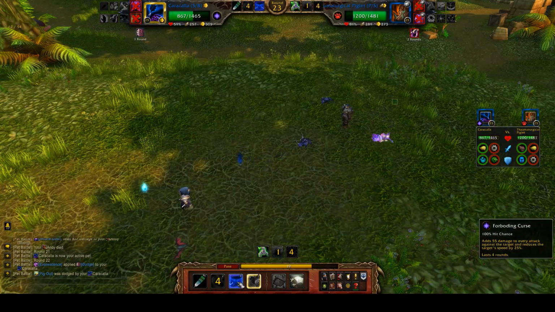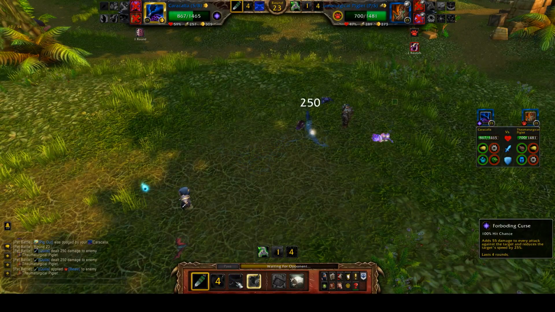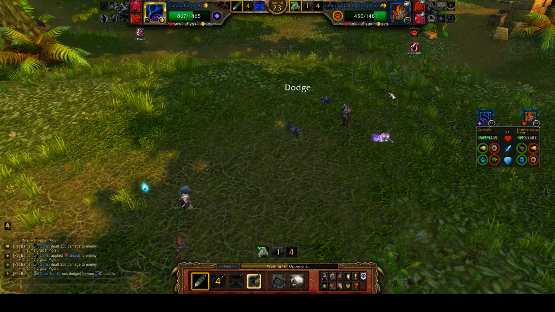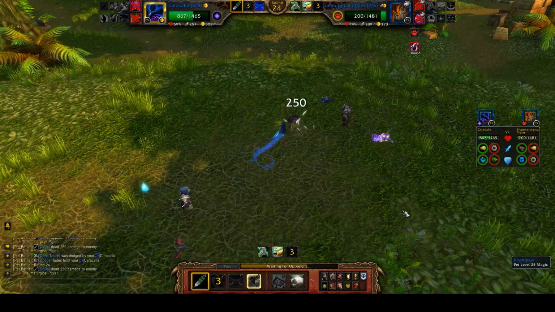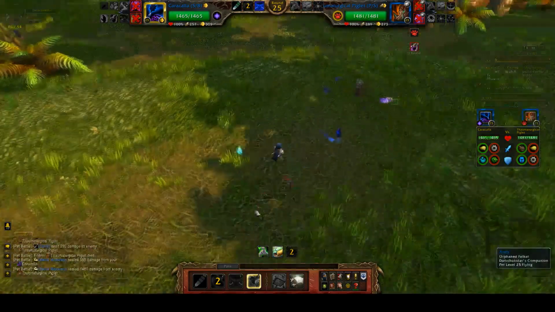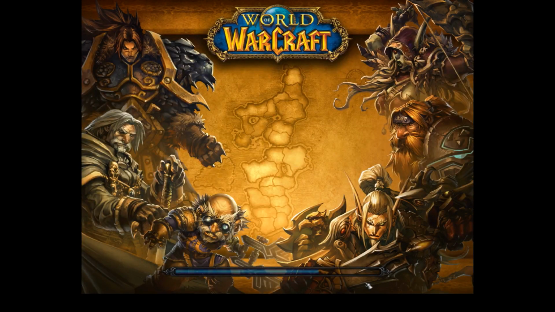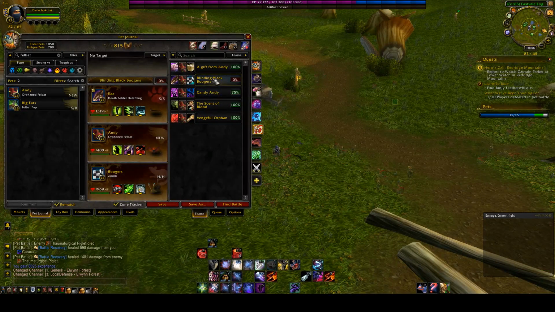Going to go ahead and use Quills rather than Foreboding Curse. I am faster than him, so I don't really need that Foreboding Curse. And while Black Claw is up, these Quills do a lot of damage. Yeah, that actually just took him out with just 2 rounds of Quills. So very nice synergy with this team. I like it a lot. I'll be scared going up against that same team with some of my other teams, but it should be fine. I'm going to go ahead and queue up here with...